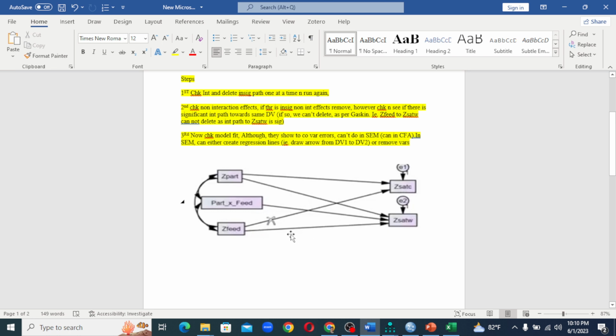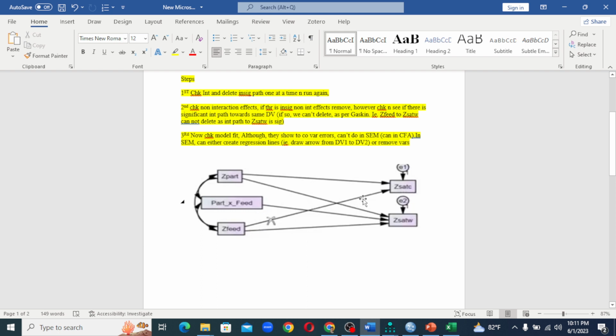However, in a case like this just for demonstration, if you are confronting that this interaction is significant, however, if this is not significant, you can't remove this insignificant path as the interaction effect is significant. However, on the other hand, if required, you can remove or delete this path if it